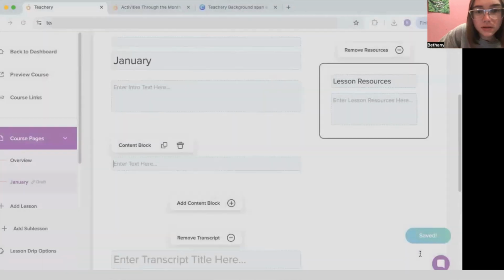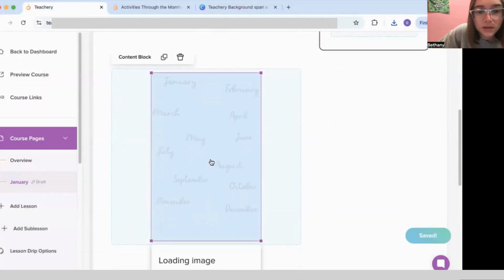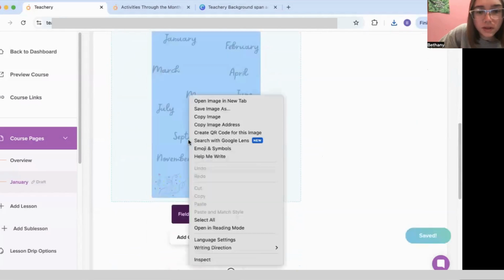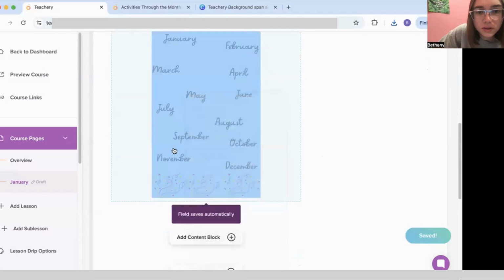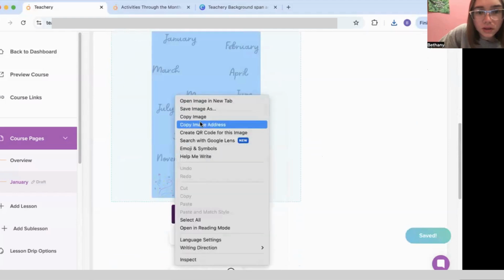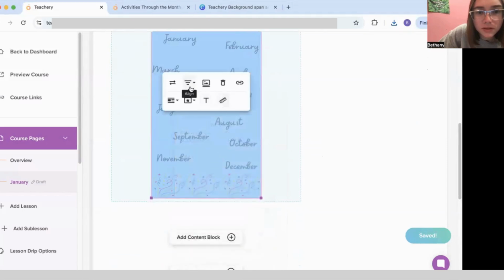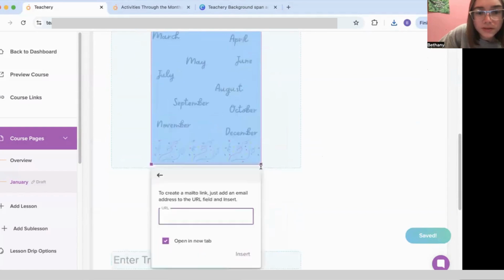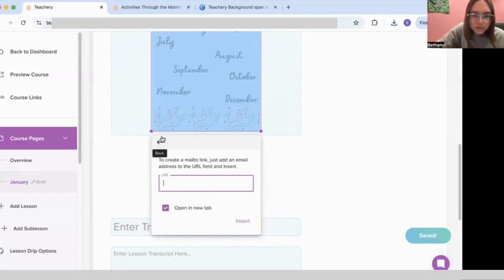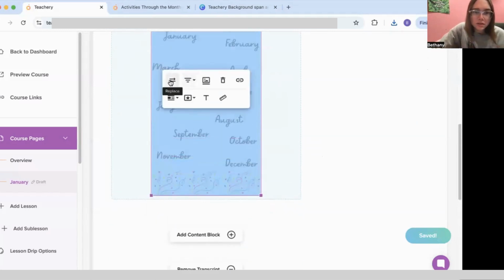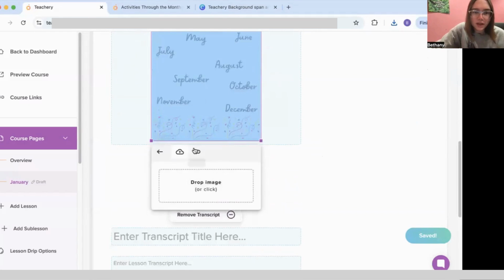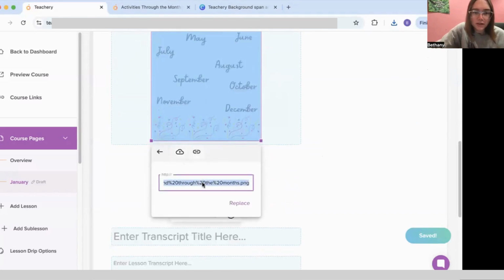This is the one. Open. And now what you're going to do is you're going to copy the image. I know, nope. You're going to click this. You're going to hit not align. This insert link. No, you're going to hit replace and then hit by URL and then copy this URL